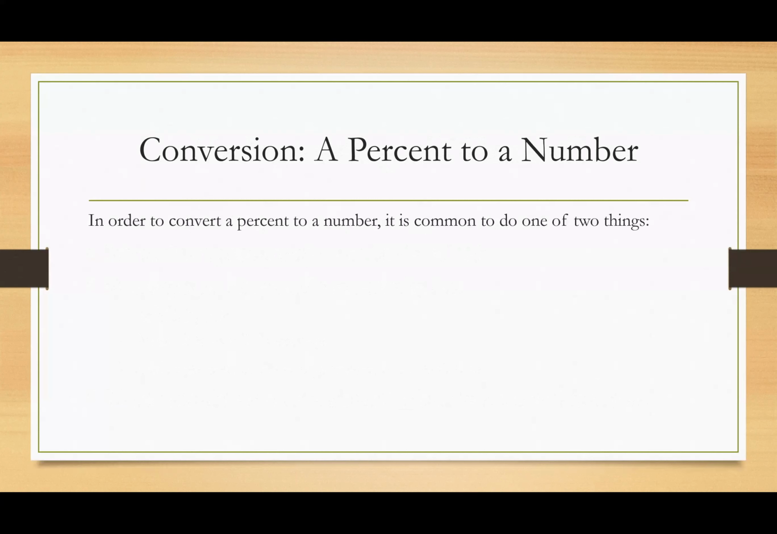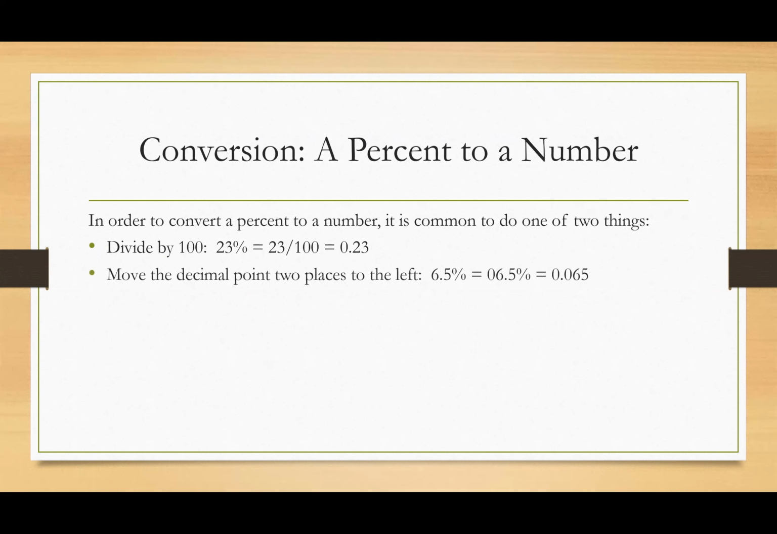Two common ways that we could handle this task is to divide our number by 100. So for example, 23% is equivalent to 23 divided by 100. And when we perform this division, that is equal to 0.23. Another way is to move the decimal point 2 places to the left. So for example,